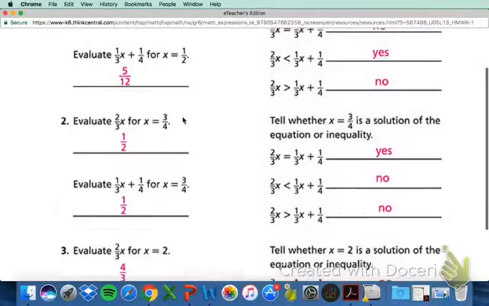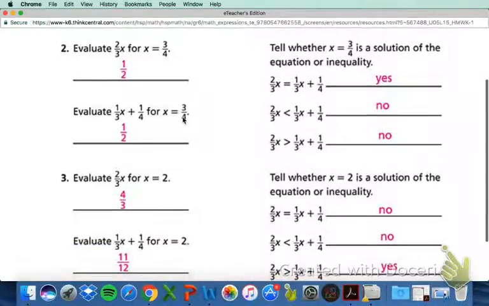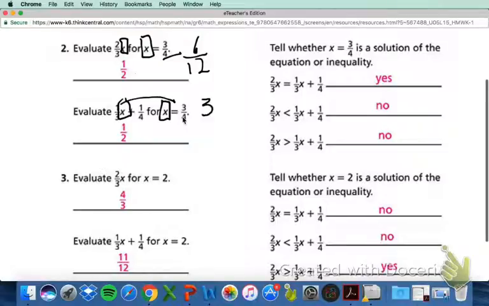Same thing. For number 2, it's literally the same equation, only this time instead of evaluating for 1/2, we are evaluating for 3/4. So we take this x, we make it 3/4. We have 2/3 times 3/4. That becomes 1/2 because it's 2 times 3, which is 6, 3 times 4, which is 12. So it ends up being 6/12, which would reduce to 1/2. Now we take that 3/4 again, stick it in for this x. 1/3 times 3/4 is equal to